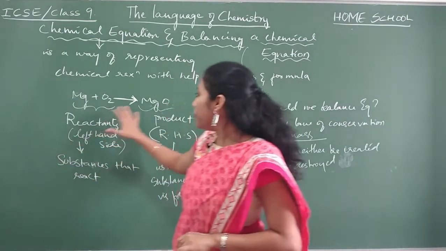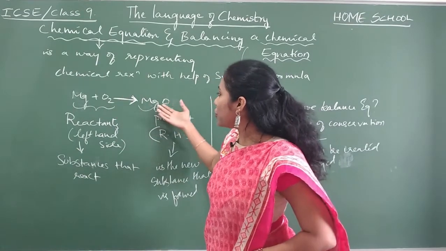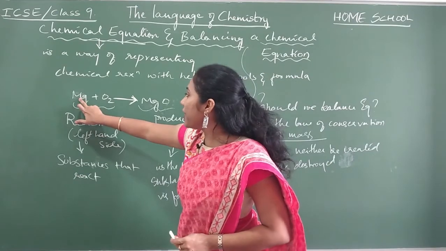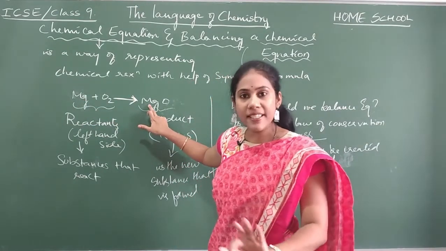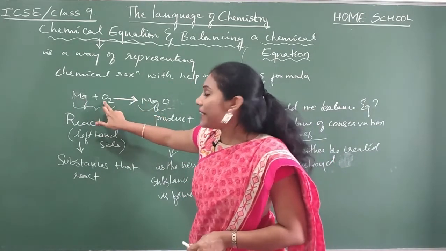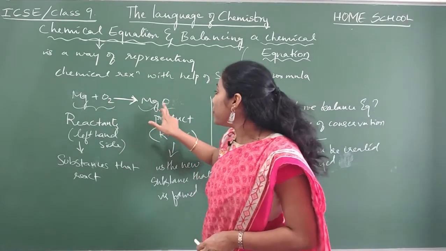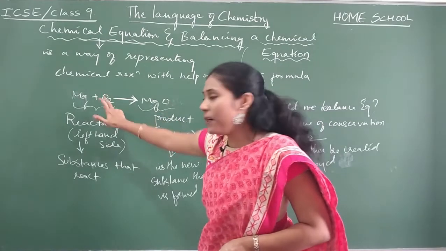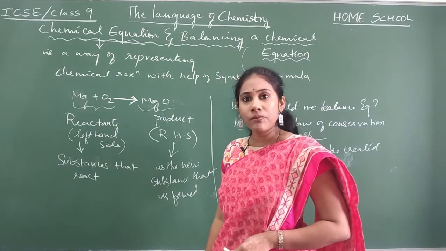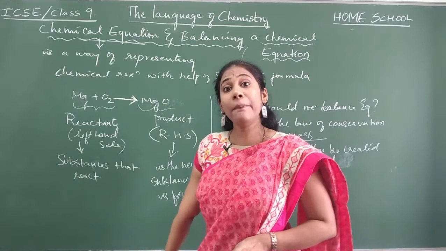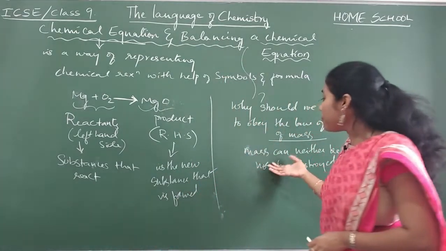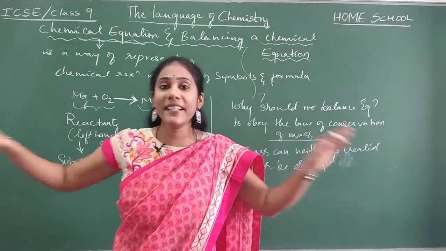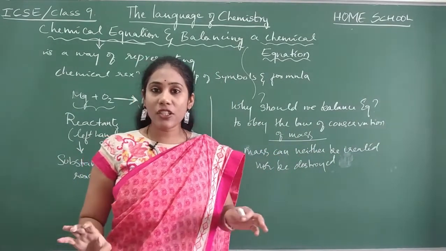Okay, so now if you see, does this reaction obey the law of conservation of mass? One atom of Mg I took, one atom of Mg is there as a product. 2 atoms of oxygen we took, but you have only one atom of oxygen. Where is one more atom of oxygen? Destroyed or what? It cannot happen, because the law of conservation of mass is telling us mass cannot be destroyed, mass cannot be created extra during a chemical reaction.